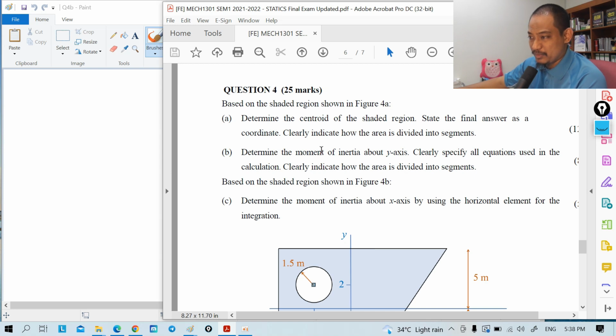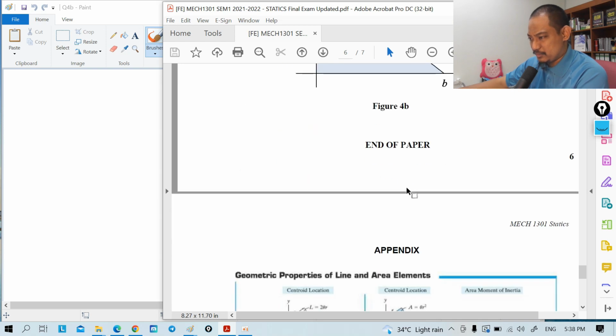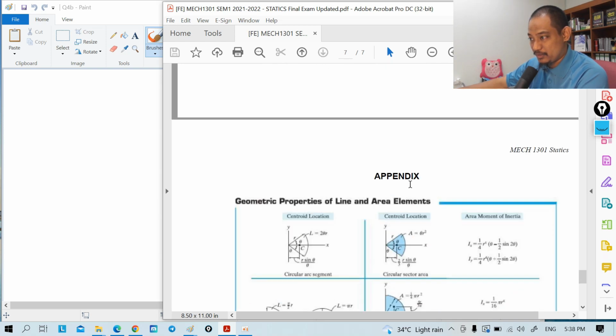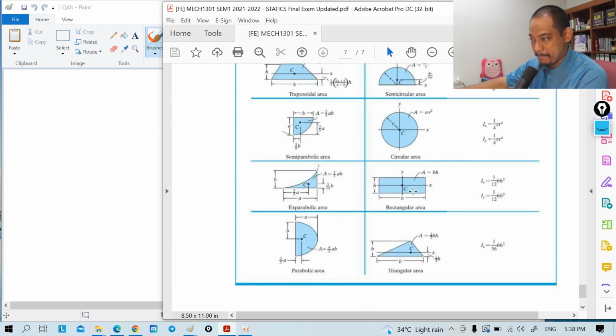Okay, determine the moment of inertia about the y-axis. Clearly specify all equations used in the calculation. Clearly indicate how the area is divided. Alright, so let's see, because in this kind of question normally the table is given because you